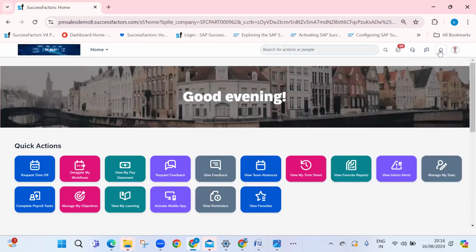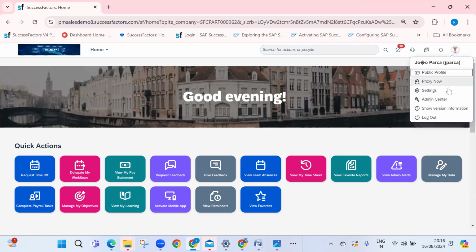Next, we have these icons. These are different icons like to-do, built-in support, product feedback, notifications, and this is the employee profile. Whatever icons you require, you can keep, and if the client doesn't require anything, you can replace these icons with other things as well. This is an employee profile for which profile you are doing the configuration, like the admin profile. So for whoever is working, their profile will be this one.